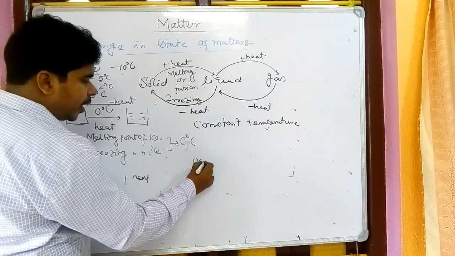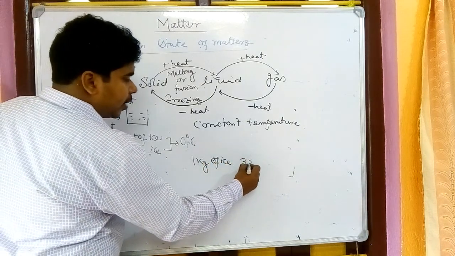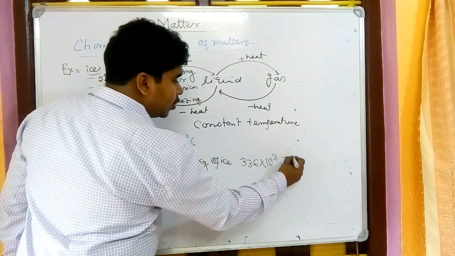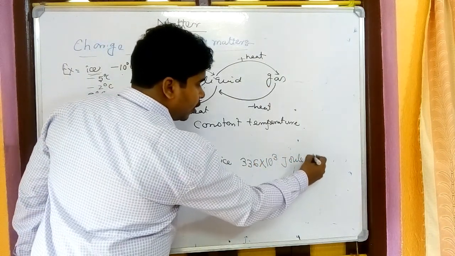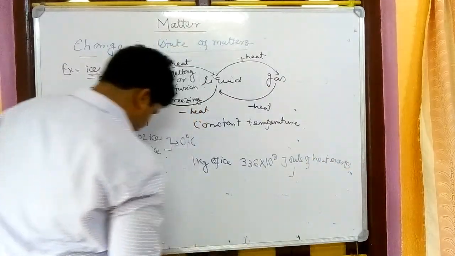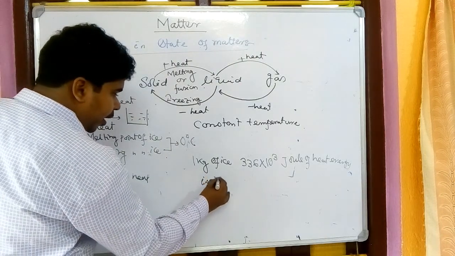For 1 kg of ice, 336 into 10 to the power 3 joule of heat energy is needed